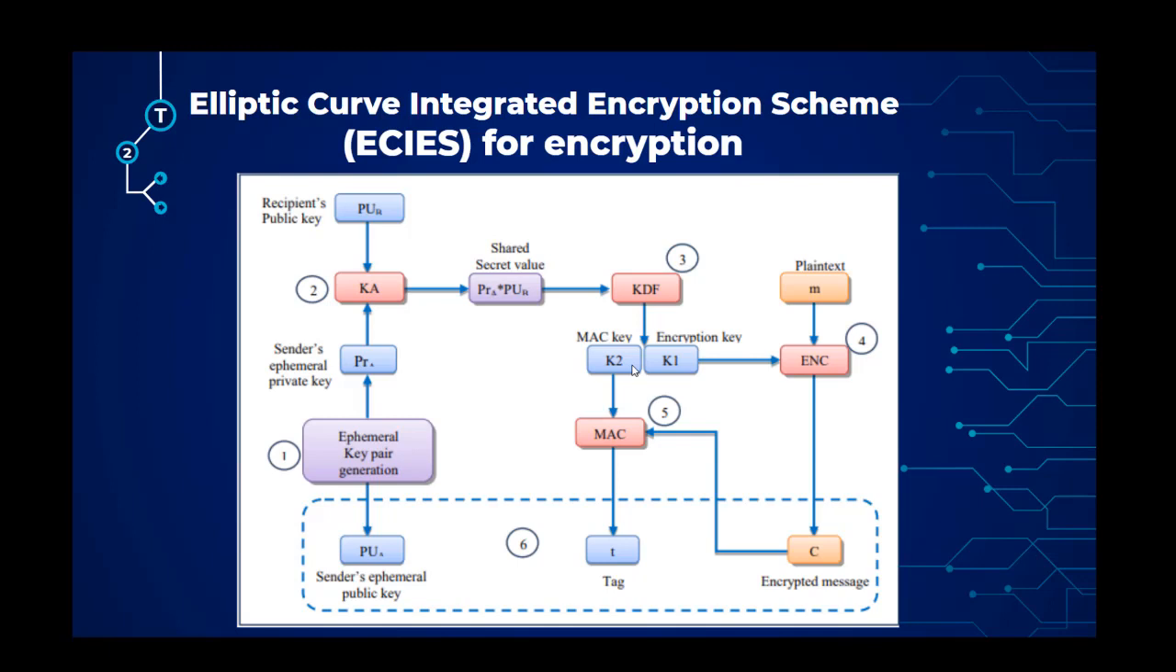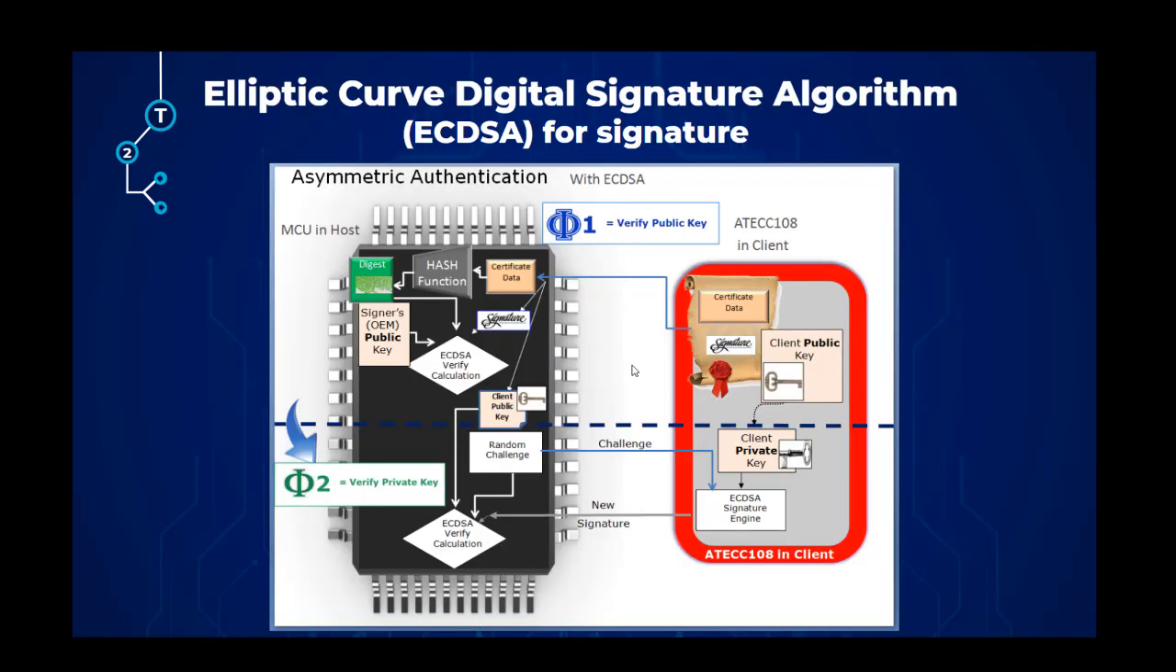So this protocol follows three cryptographic primitives. The first one is the KDF, a key derivation function, which is constructed from a hash function. Then we have the ENC, which is the encryption function for symmetric key encryption, and the DEC, which is the decryption function, and finally the MAC, which is the message authentication code algorithm. So this is the concept of ECIES. And then we will talk about the elliptic curve digital